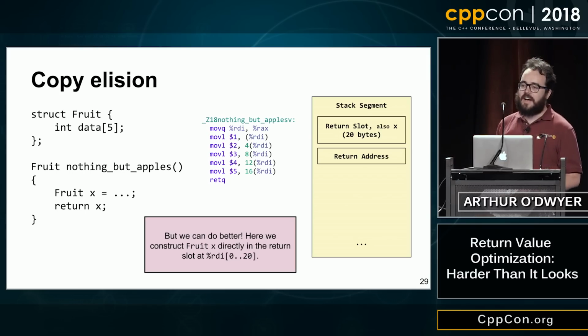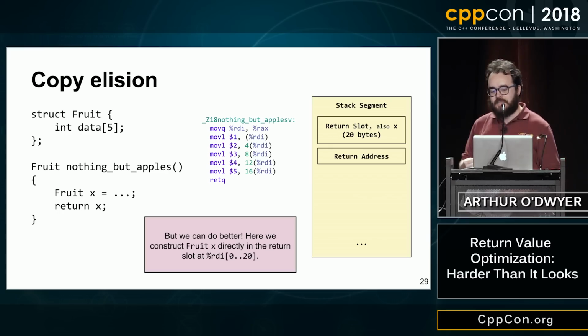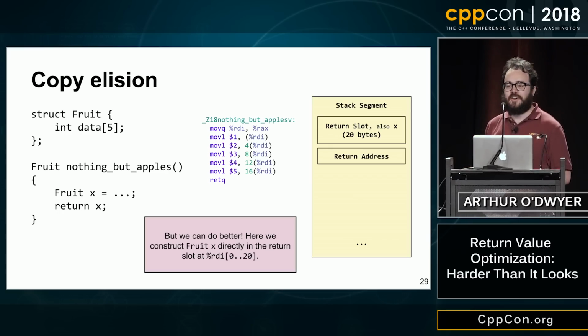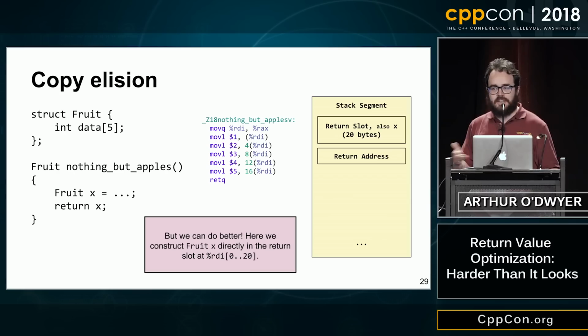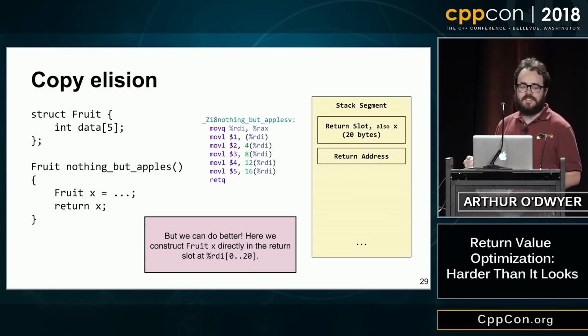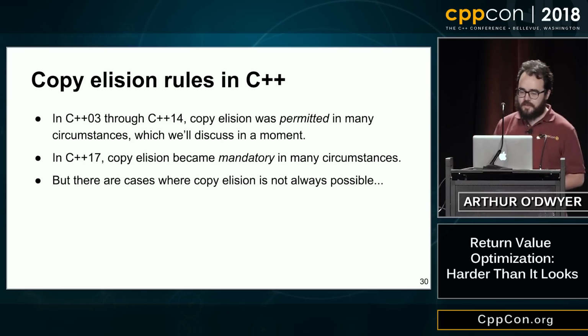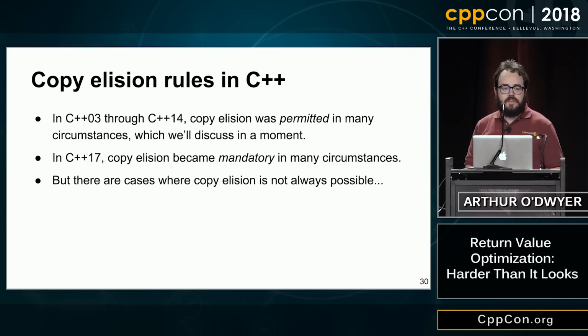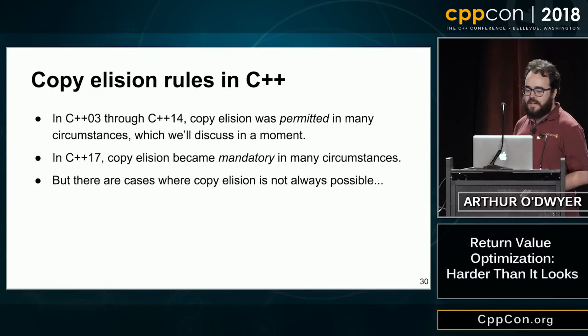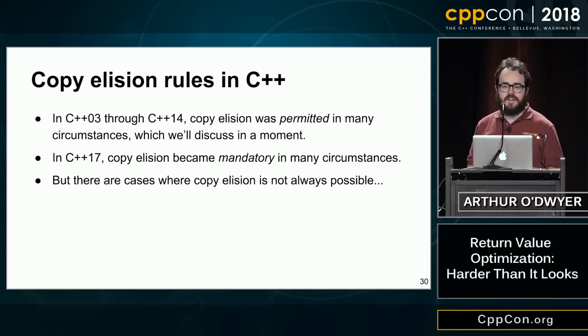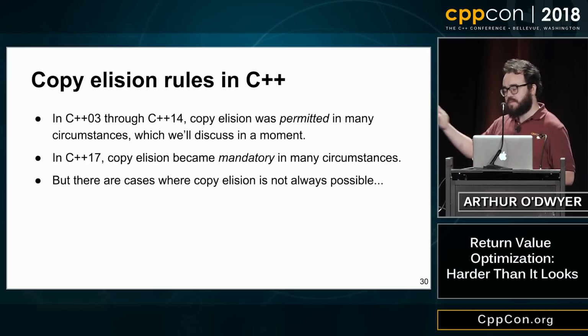So now it doesn't get copied at all, or it doesn't get moved at all. It's just allocated right in there in the return slot, constructed in there, and it doesn't need to be destroyed at the end of the function either, because it is the return slot. All right. So in C++03 through 14, this copy elision, where instead of moving the thing, we're just